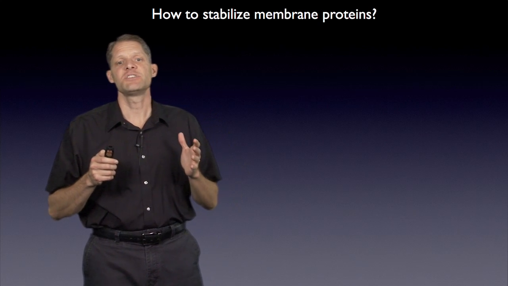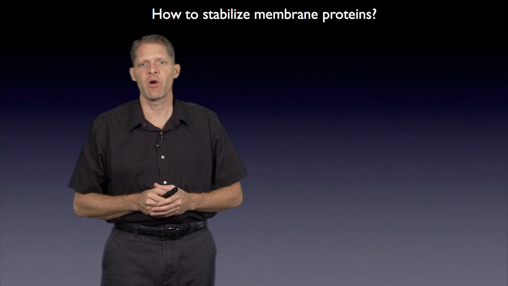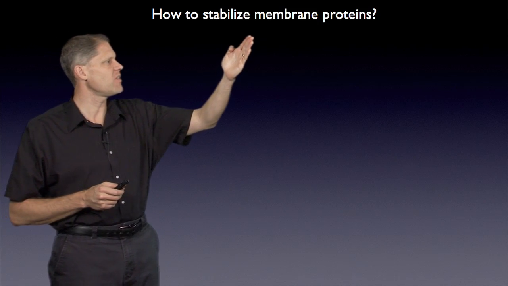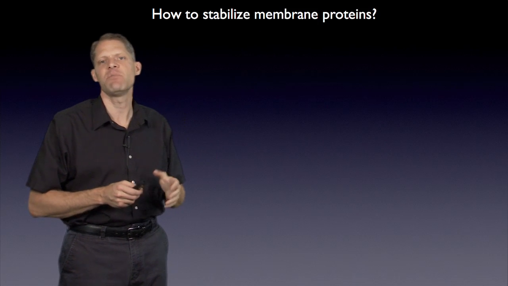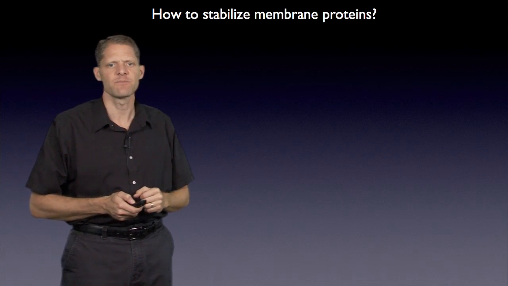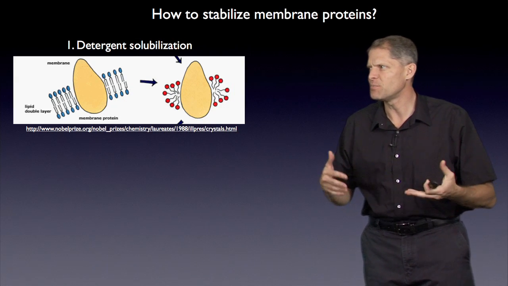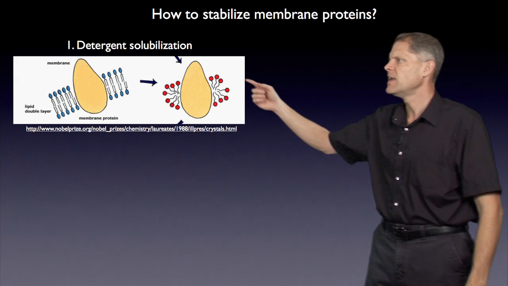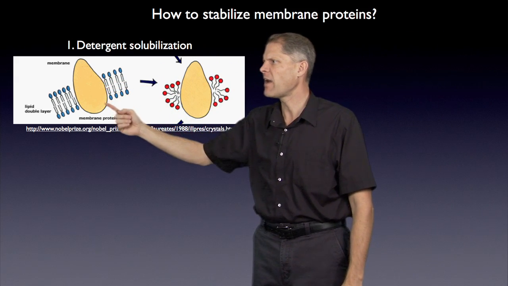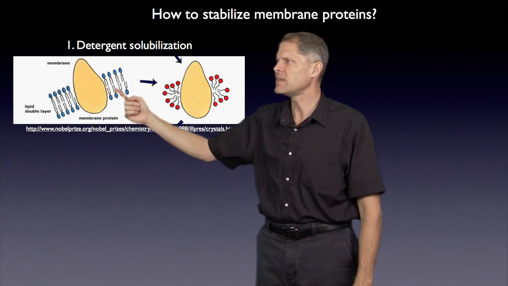Now, speaking of how to stabilize particles, one very important class of particles that you may find yourself studying is membrane proteins. So let's talk for a second about how to stabilize membrane proteins for cryo-EM single particle analysis. The first method, by far the most common way to stabilize and purify membrane proteins, is detergent solubilization. So the idea is, suppose you have a membrane protein, here this object in yellow, and normally it exists within